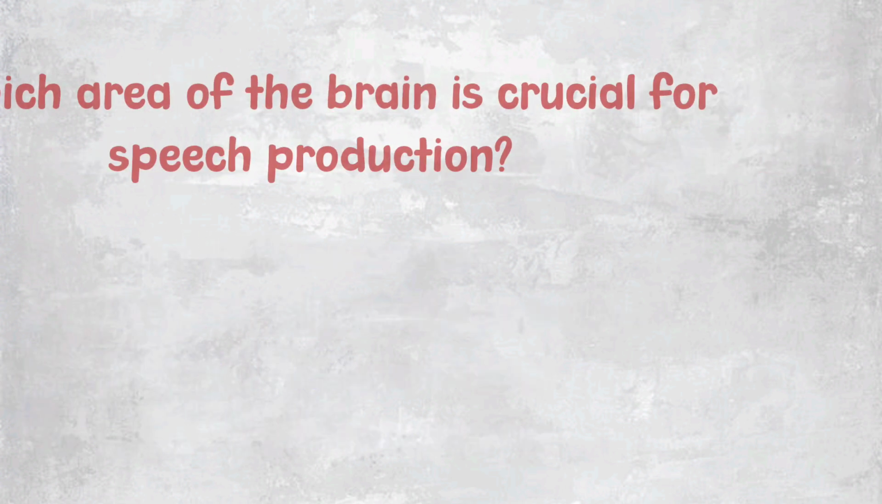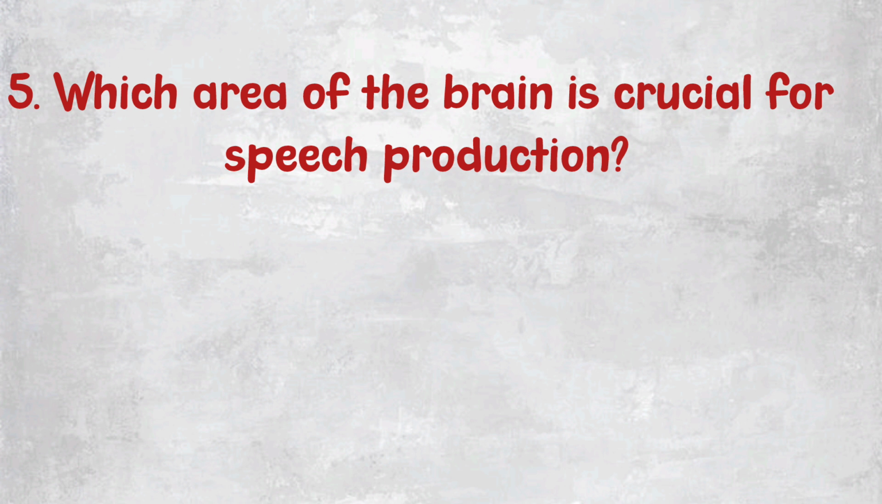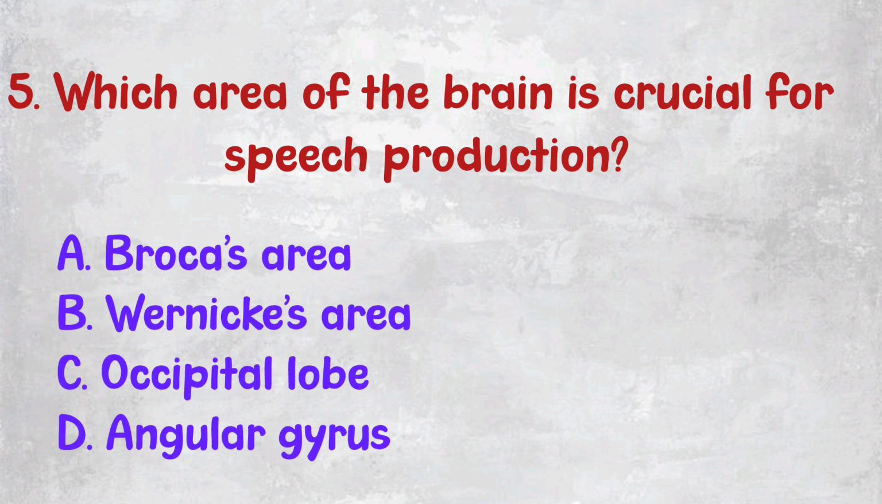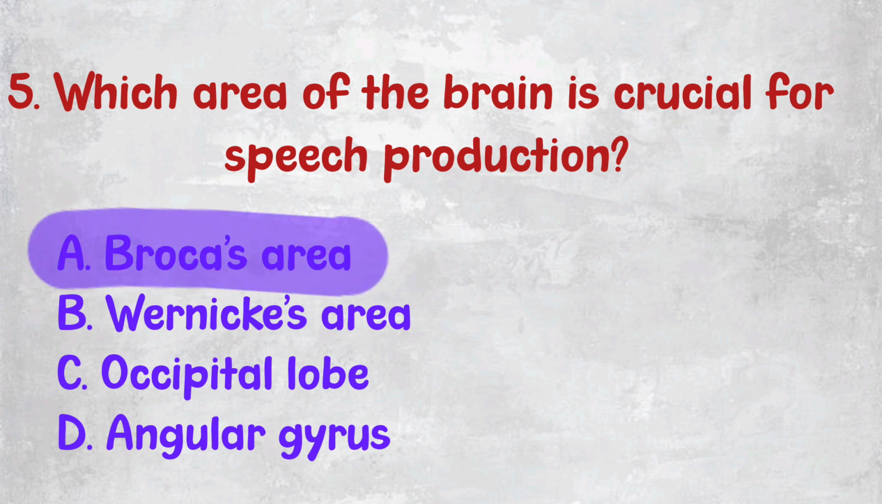Question number 5. Which area of the brain is crucial for speech production? We have A, the Broca's area, B, the Wernicke's area, C, the occipital lobe, and D, the angular gyrus. Our answer should be A, the Broca's area. The Broca's area is usually located in the left frontal lobe, and it is essential for producing spoken and written